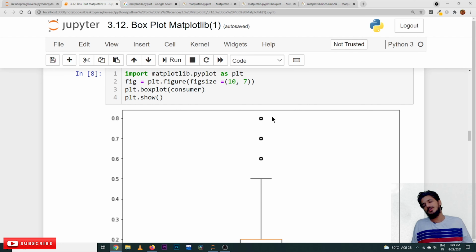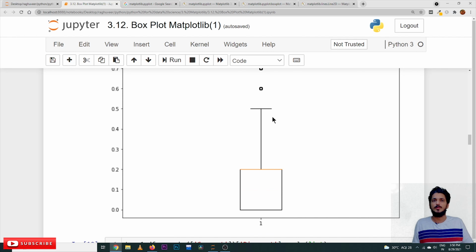Outliers means, see, if most of the discounts are 0.2 and only a few of the discount values are given as 0.8 and 0.9, these are away from many of the discount values. These values we consider as outliers. The concept of outliers we will get to in machine learning and the remaining concepts, in the remaining playlist where we discuss machine learning and deep learning. So forget about it for now. Okay. So these values are not considered, because only a few data points are there regarding these values. That's why they are not considered in our box plot.